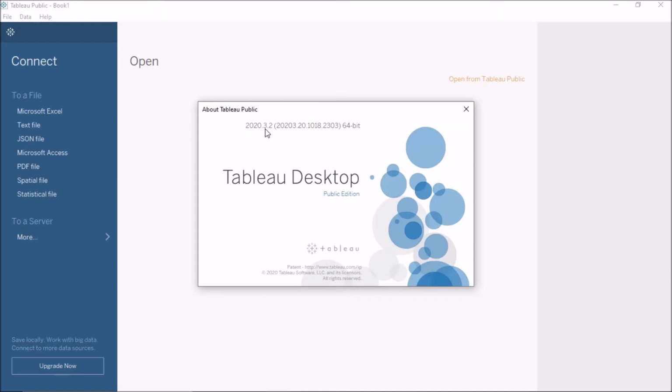If you are running any version lower than 2020.2, then you should upgrade. You should download the latest version of Tableau, and only then will you be able to follow along with these lectures. Also, relationships are the default way of combining data, so it will only help you if you download the latest version of Tableau, if you have a lower version.